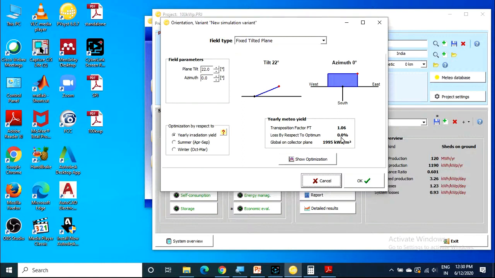Yeah, the central government will give a subsidy, but my suggestion is to go directly to the manufacturer. In my point of view, the subsidy will not be useful. And the subsidy will not be available for all of you also. They will give the subsidy for a particular period of time and for particular locations only. They will not give the subsidy for all. So my suggestion is don't go for the subsidy.